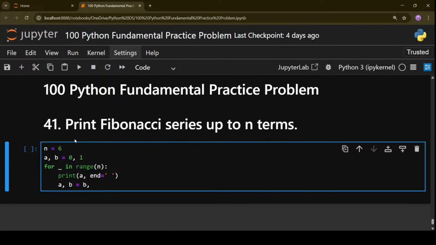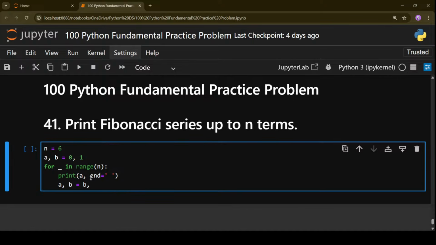If you remember the problem, when I was telling you at that time only, I gave the solution also. What I told you is that in a Fibonacci sequence the next number will be the sum of the previous two numbers. So now the main logic, we are going to write it over here. We have initialized 0 and 1 so that we have the two initial values to find the next one. Then we started the loop till that range. We will print A, so always we are going to print A.